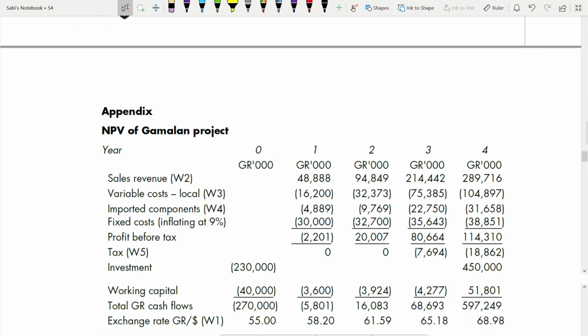First thing, go and write the currency. Currency is very important whenever it's an international net present value. And most of the time, it is always international net present value only that you are given, because through that they want to cover everything: the exchange rate, your net present value, your adjusted present value. So domestic net present value is rare, but it is mostly international net present value only.